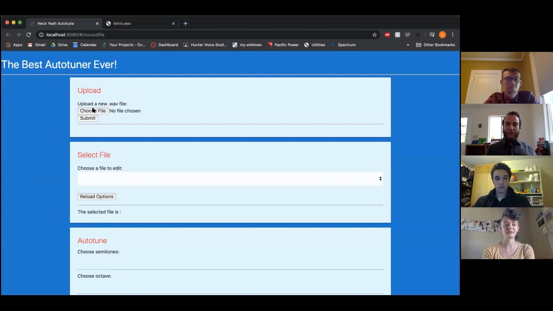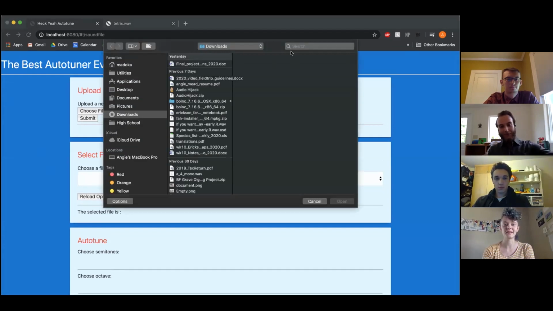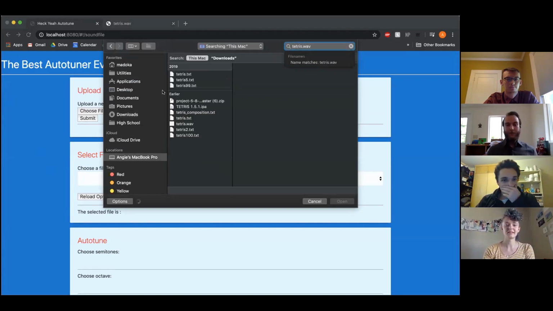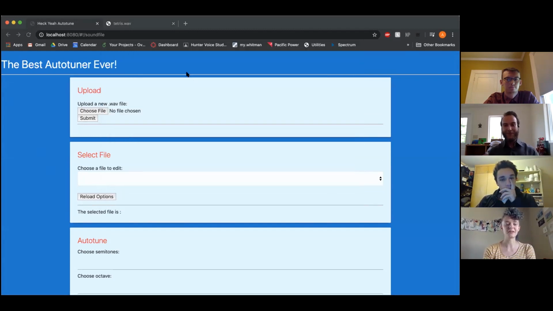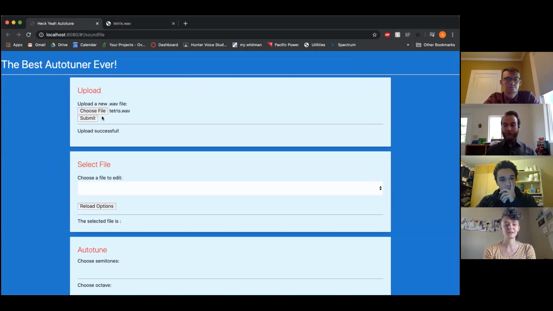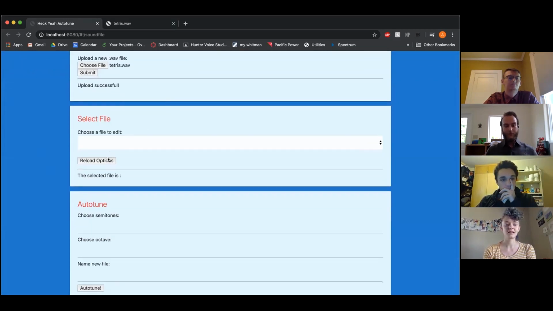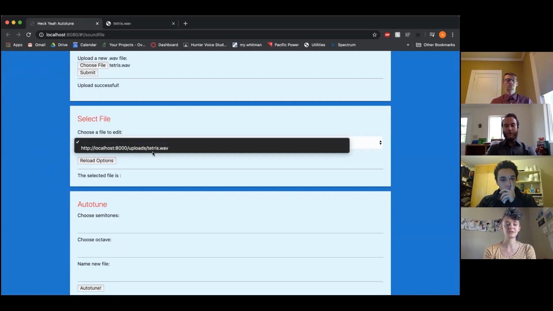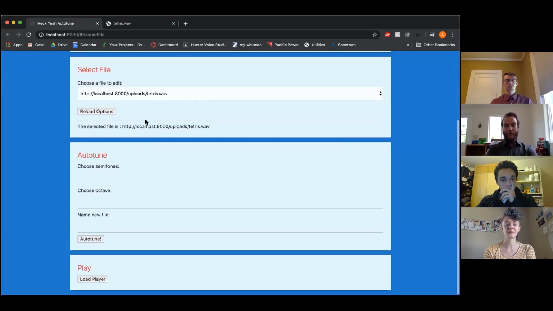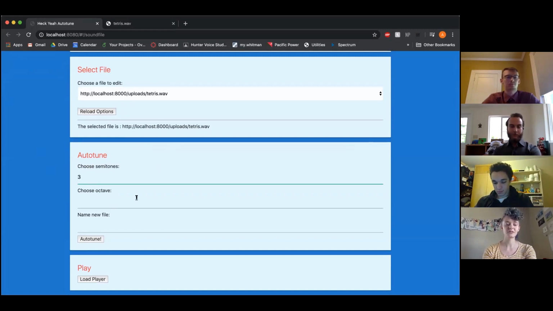So our first step is to upload a file. I'm going to upload my tetris.wave file and submit that. And then we can choose it from our drop-down menu here. And I'm going to shift it by 3 semitones and 1 octave, and the name of my new file will be